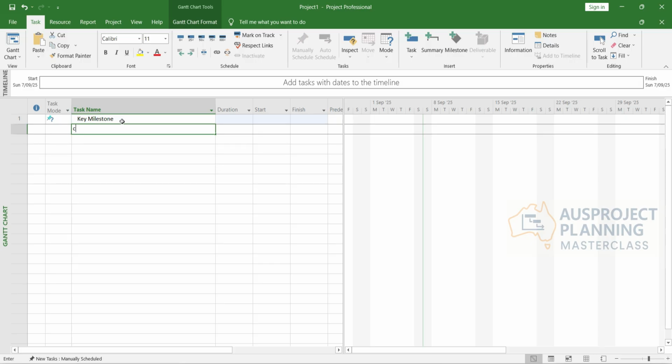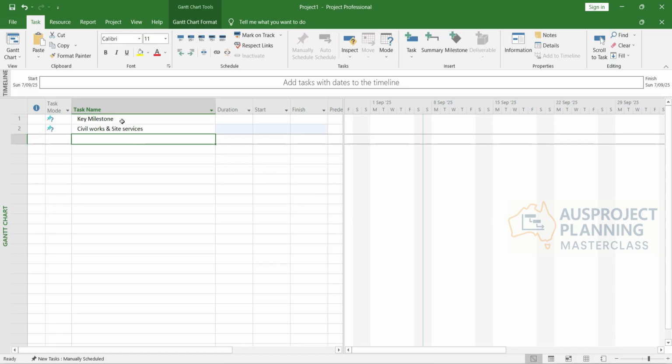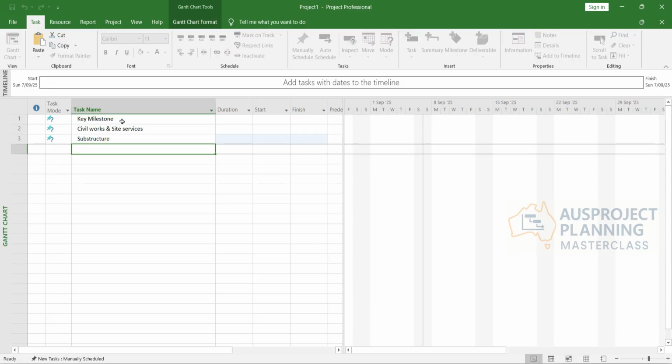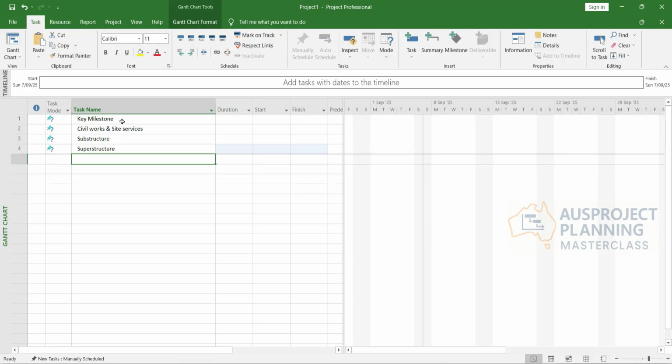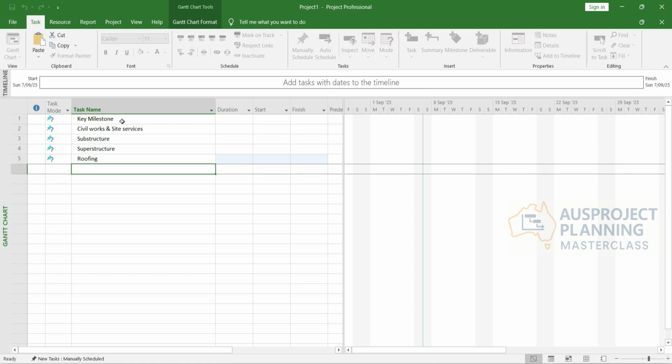then the next one is civil works and site services. These are the civil services, the early stage of the construction, which includes setting up your office, setting up the fences and all that kind of stuff, including the dilapidation report and all that. And moving on to the substructure, superstructure, roofing,